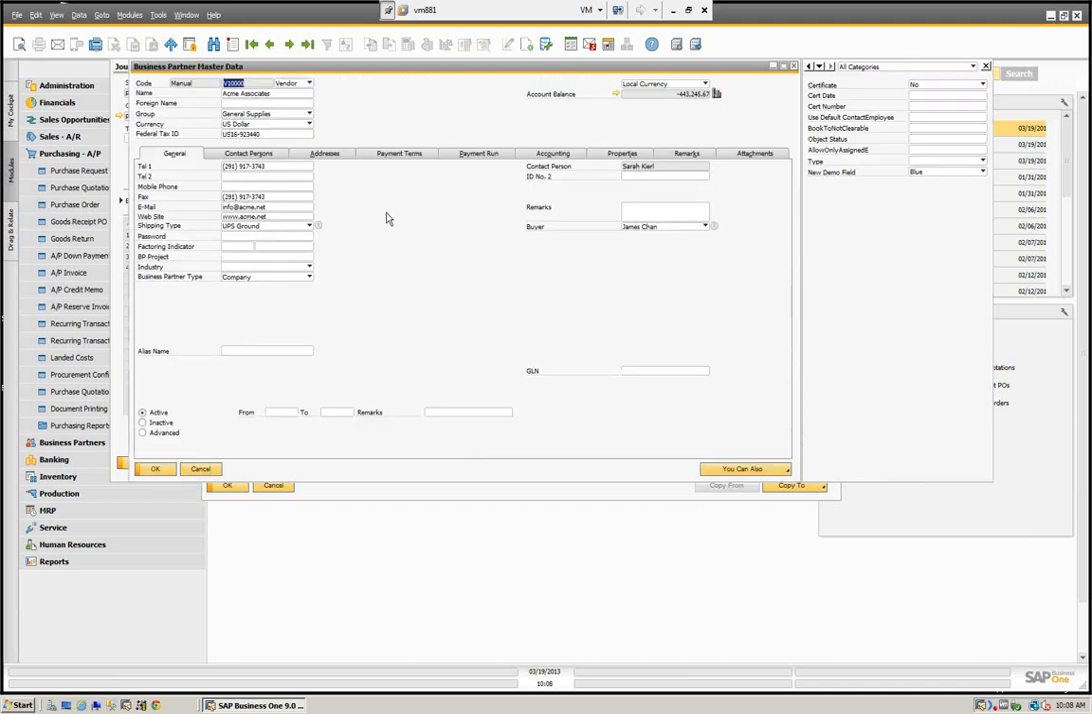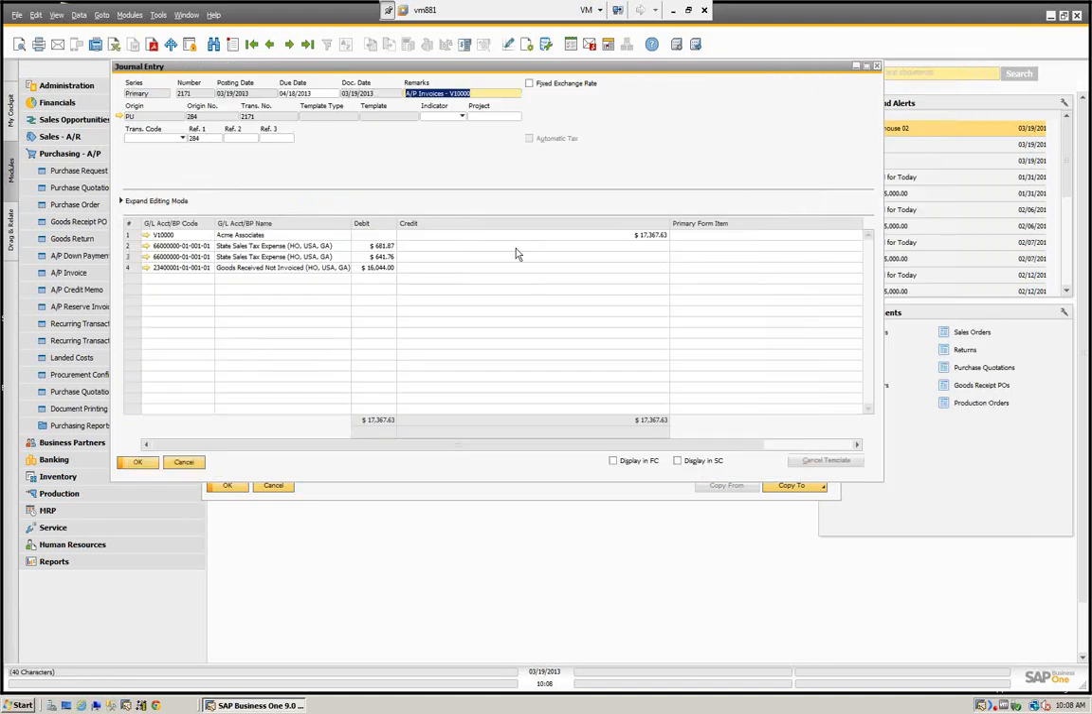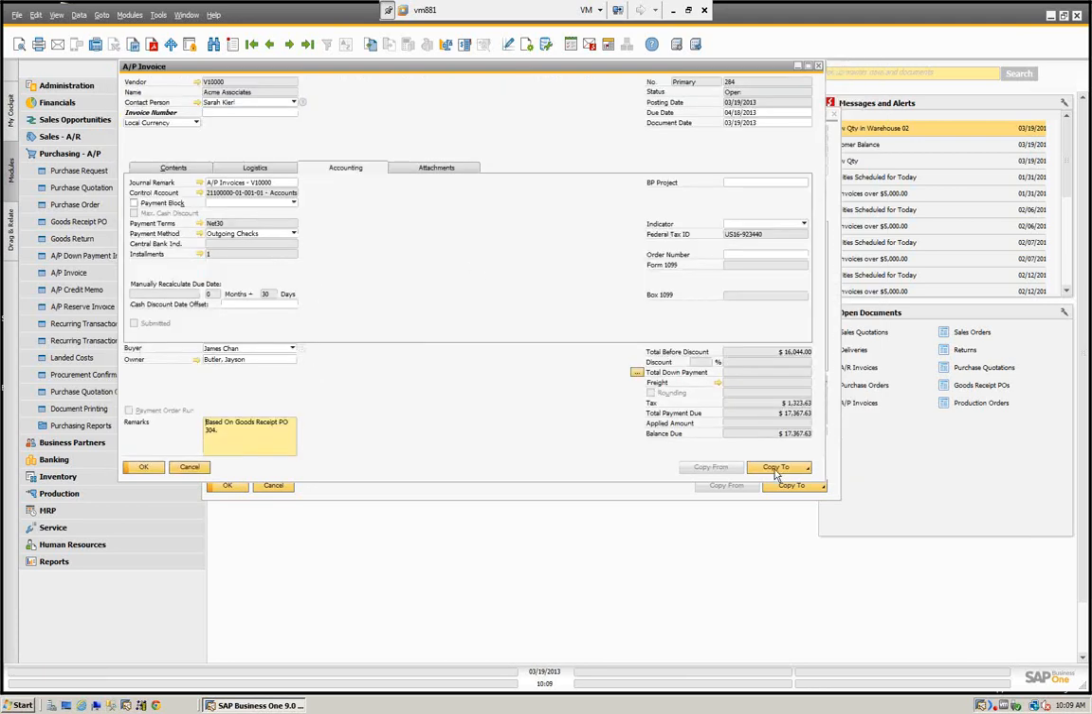remember, if we look at our vendor, this is our accounts payable account right here in the vendor file. So what we've done, we've credited the vendor and credited accounts payable, and we've debited the goods receipt. This one also happened to have sales tax on it, so we've taken care of our sales tax expenses. But here you can see the offset. So what we've done in a standard receipt, we've